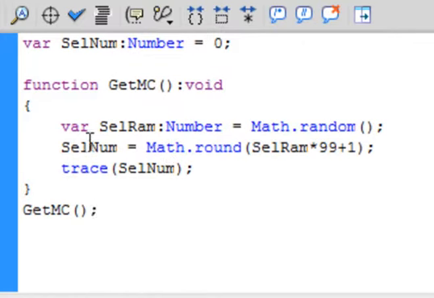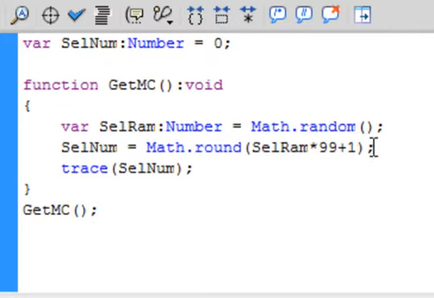So now we're going to use that number and do something with it. selNum, that variable we made, is going to equal what's called the Math.round function, capital M, period, round, that turns blue, open bracket. We're going to take that number that was generated, this Math.random number, which is between 0 and 1. We're going to multiply that, the asterisk, by 99, then plus, add 1,